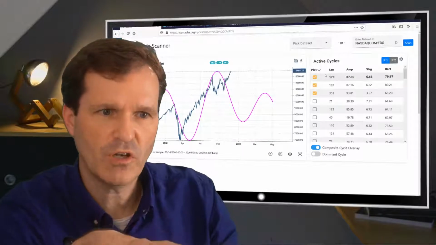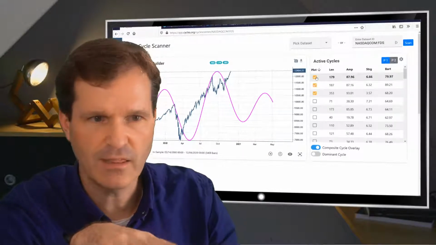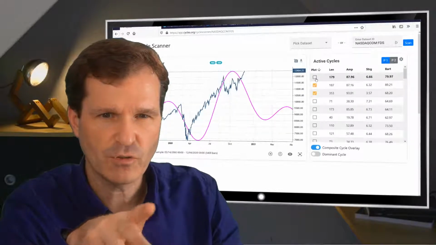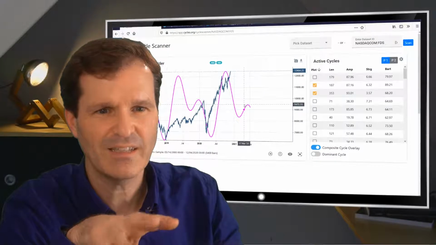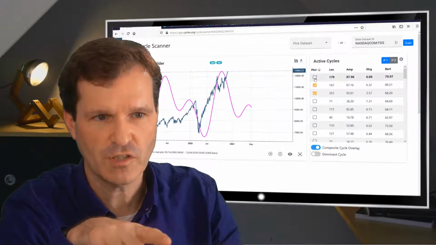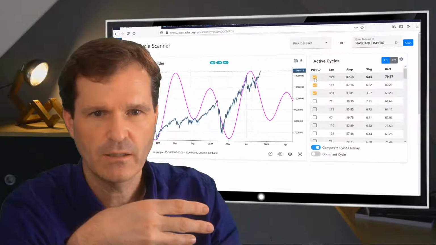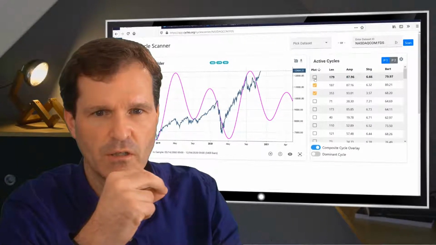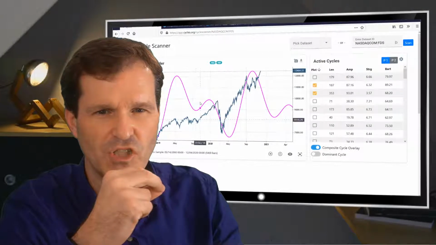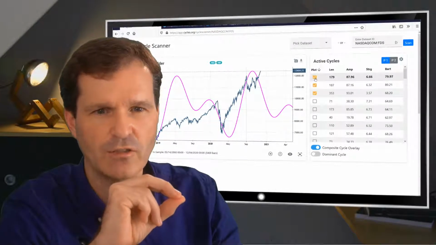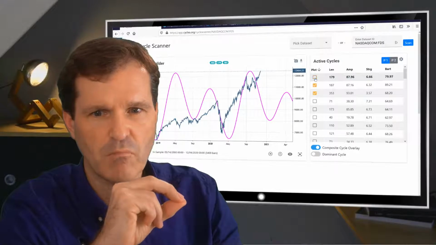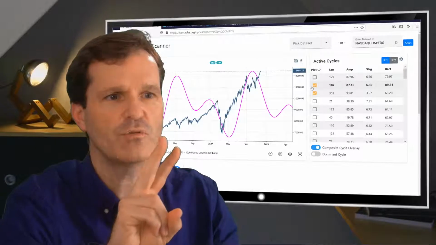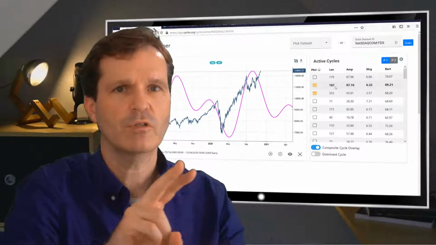What I would do to cross-check if it makes sense to add these two cycles here or not, you can play a little bit around, maybe disable one, and see if the overall picture changes. I will now re-enable it, and you will see there is not much change. You see it just here, but you're right. In total, it does not make a big difference if you include both of them. So you can just go with one of these two cycles here because they are very closely related.